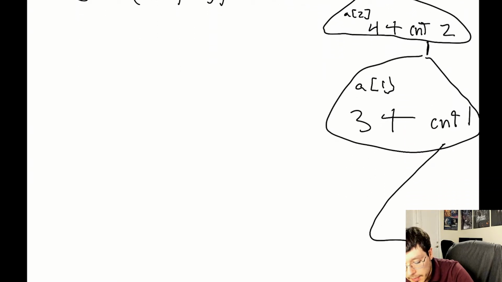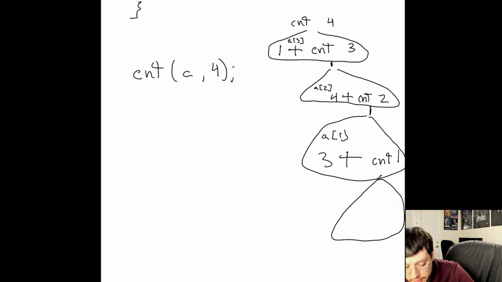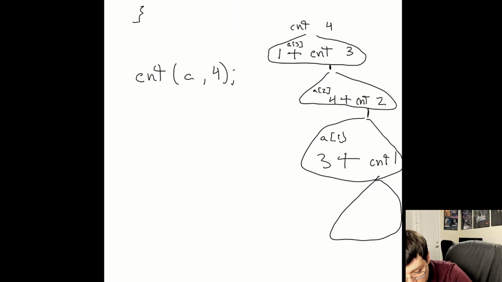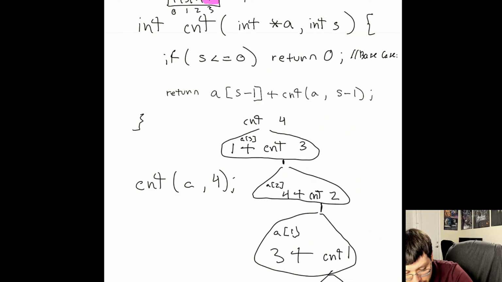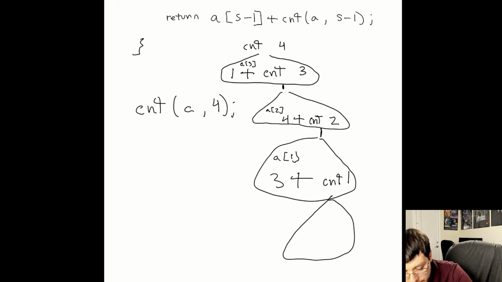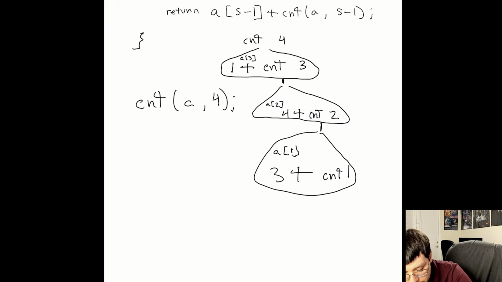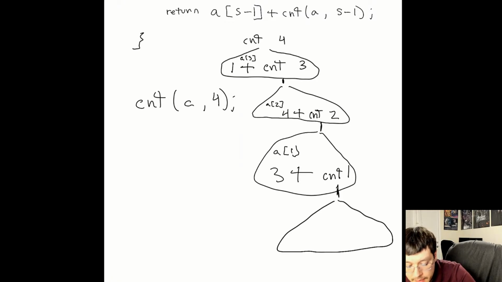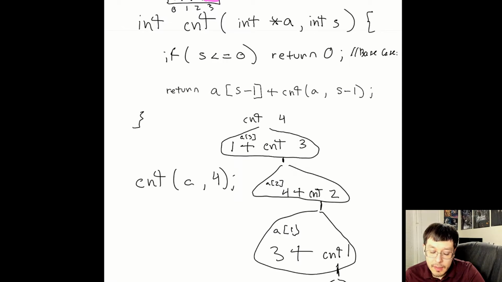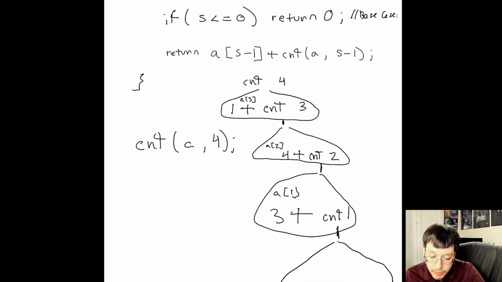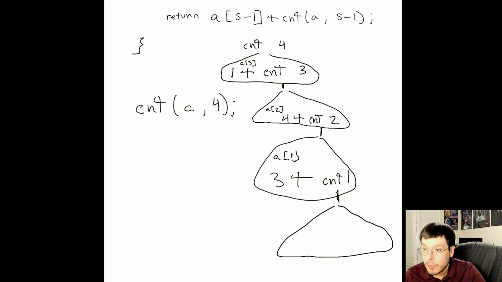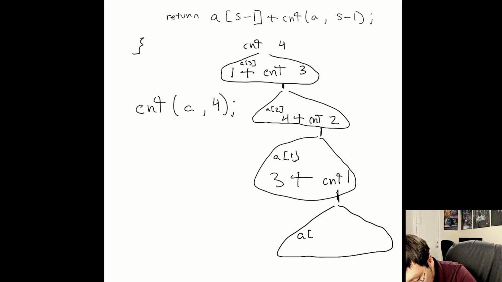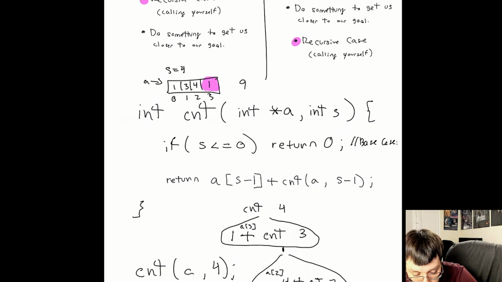And then this is going to have another function call. I'm running out of space there because it's kind of tilting this way, so let me just move it a little bit here. There we go. So now this one's going to have another call with 1, right? So now we're going to look at S. S is 1, so S is still not less than or equal to 0. So now we look at that. 1 minus 1 is 0. So now we're looking at index 0, which is the first index, and that contains a 1 in it,